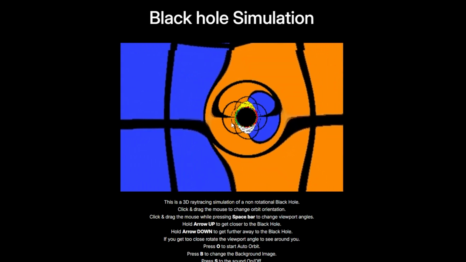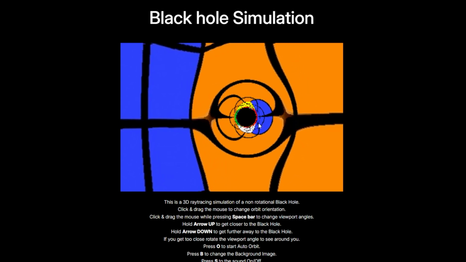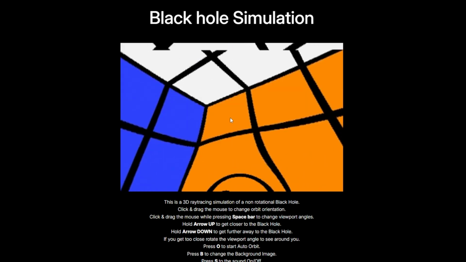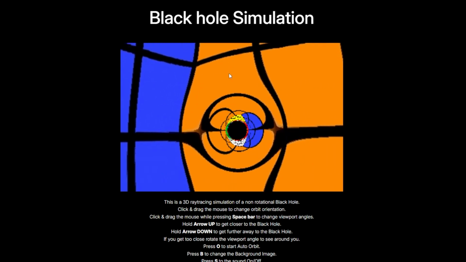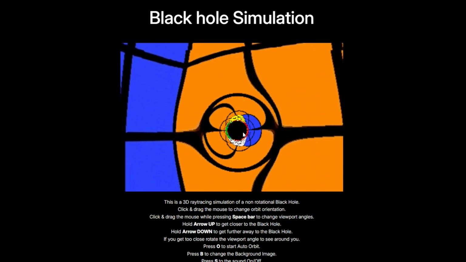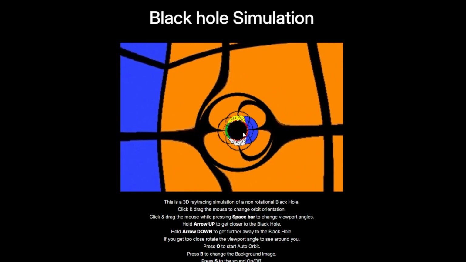As we can see, some of the rays here are bent such that they end up in the blue face of the cube. The rays here are bent such that they end up in the top face of the cube, which is white. These ones end up in the bottom, which is yellow, and so on and so on. And this, of course, this ring, it's the Einstein